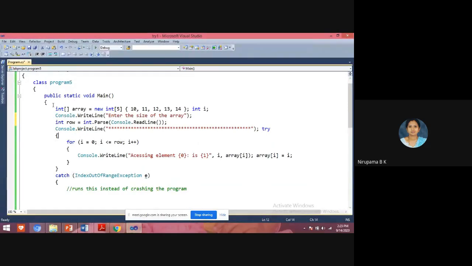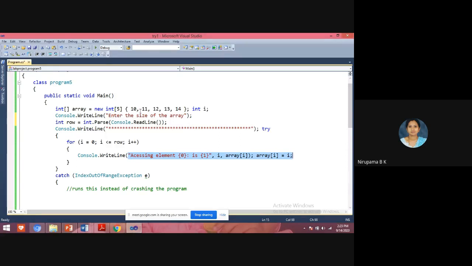In this program, I have taken an array variable which is of size 5, and I am displaying the values.